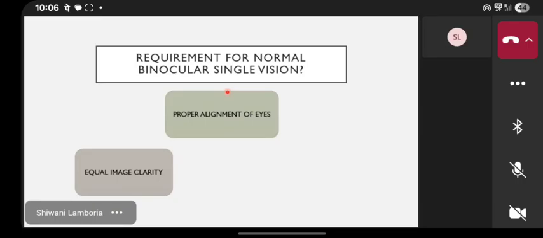In smaller angle squint, it is important so as to see binocularly. If it does not develop, then we will be seeing double images in patients who have smaller squints, because in patients with larger angle squint, with the developed neopathy, extra